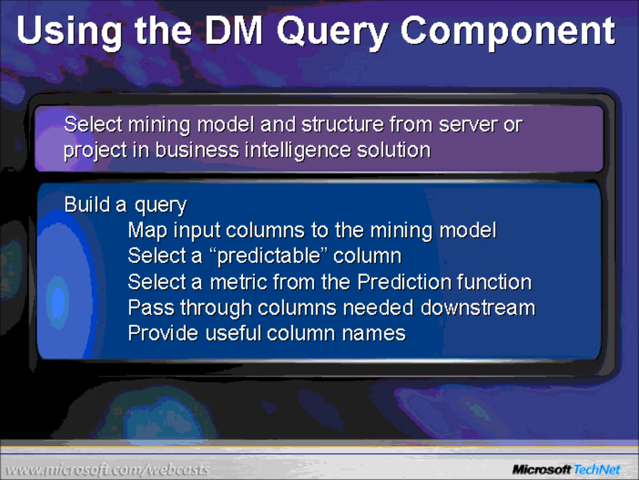In addition to selecting the prediction column, you should also select the metric from the prediction function. The predict probability function is one that you'll find useful because it gives you a quantitative measurement of how confident the mining model is that that person is likely to buy a bicycle. With this, you can rank the customers in order of descending probability and target only those customers who are most likely